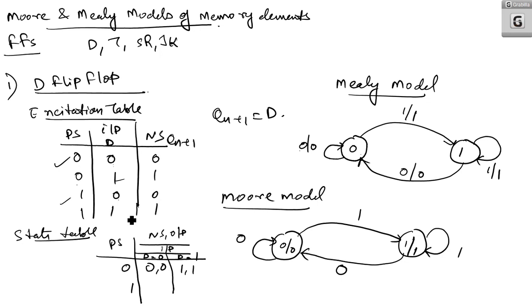Now coming to the present state 1. When present state is 1 and d is equal to 0, what is the next state? Next state is 0. What happens to the output? For the d flip-flop, the output is also 0. Now coming into